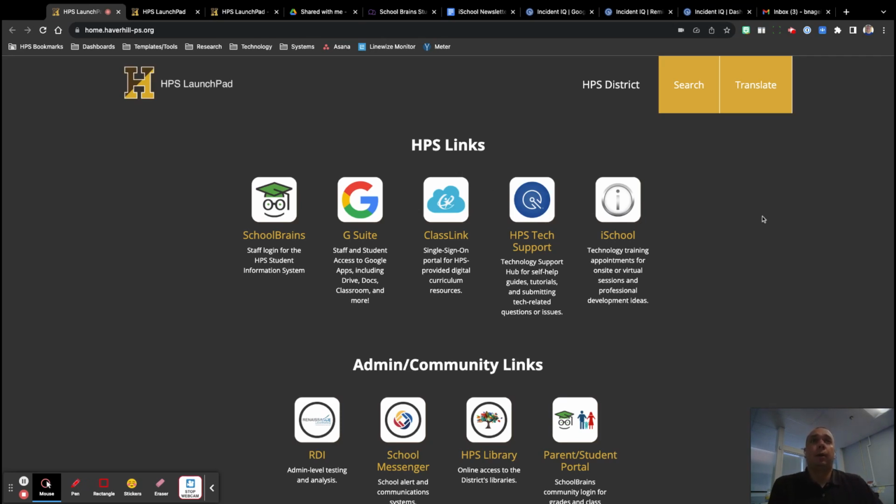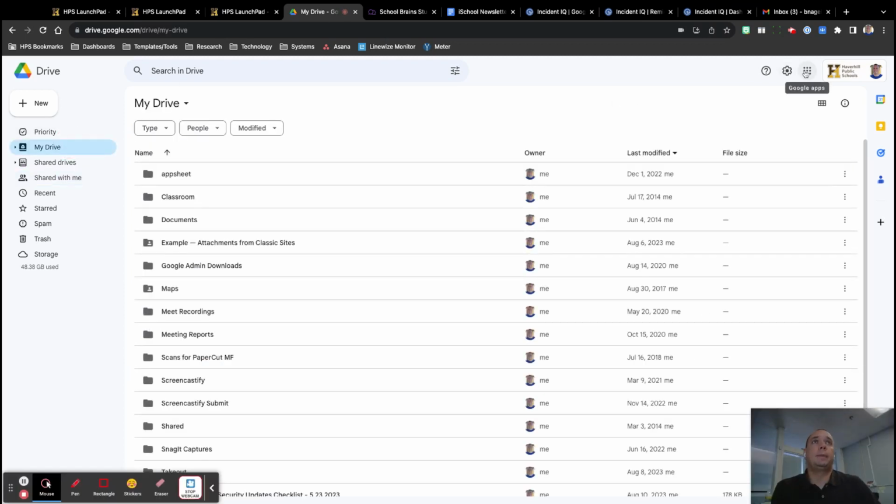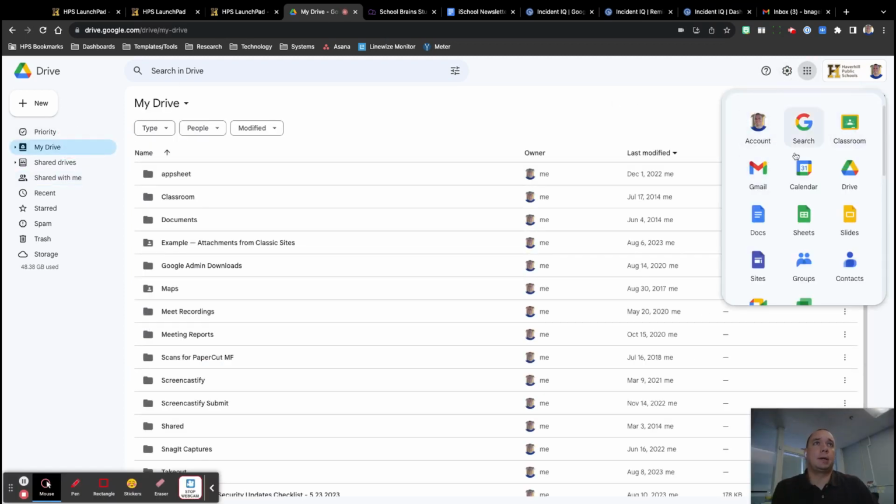The other quick thing we generally recommend as well is that when you're in your Google Drive, you have the waffle grid up in the corner, and that's a great place to get into all your different areas here. And if you visit your account, they have a security checkup area, and we have a link to it in our newsletter below, so that you can quickly go into that feature.